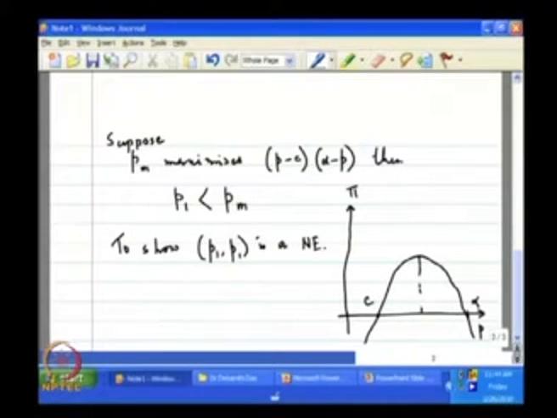At this level Pm, profit is getting maximized. So, at this level pi is highest. Suppose alpha is F is given by this value,